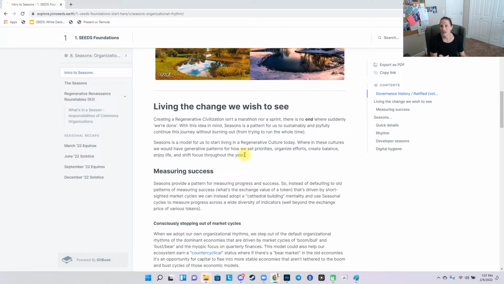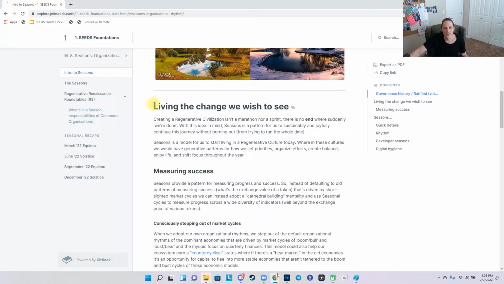Like our culture of 9 to 5, it doesn't matter what time of year it is, if it's winter or summer, it's just 9 to 5 every day, same pattern, same rhythm. And we're seeing a massive increase in anxiety, depression, worker burnout, etc., because I think this is a broken pattern.